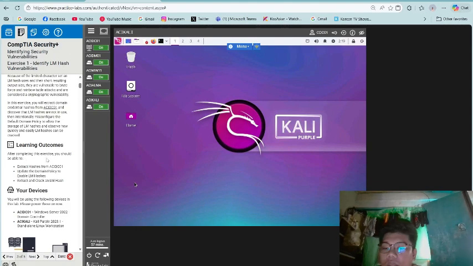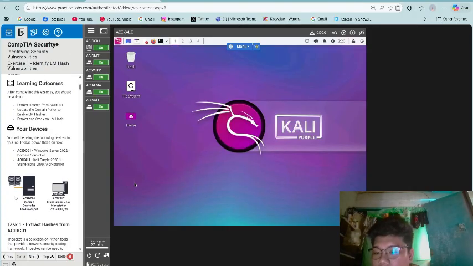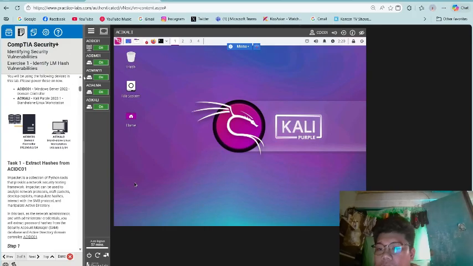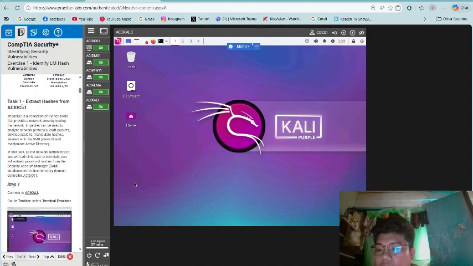After completing the exercises, you should be able to extract hashes from ACIDC01, update the domain policy to enable LM hashes, extract and crack LM hashes. So your devices, you will be using the following devices in this lab. Please power these on, which are already on, ACIDC01 and ACI Kali.